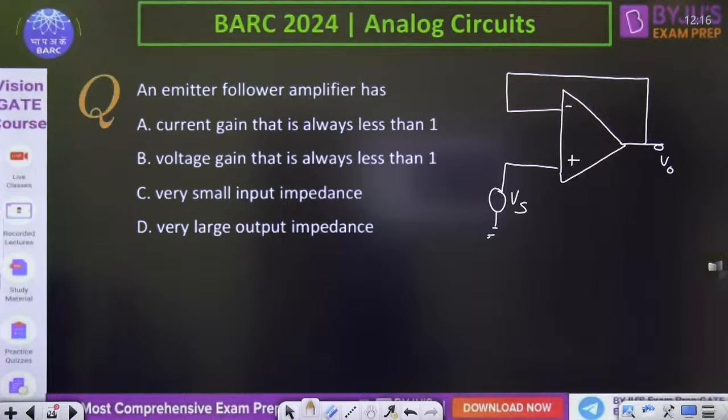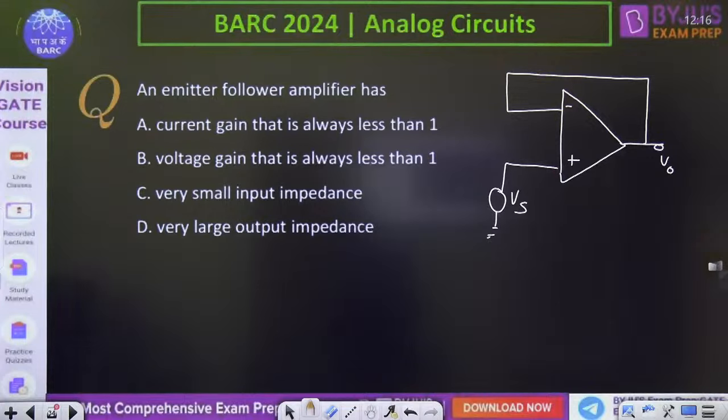Emitter follower: current gain is always less than 1. अब करेंट गेन तो है ही नहीं वहां. वोल्टेज गेन दैट इज ऑलवेज लेस देन 1. यस, वोल्टेज गेन इज लेस देन इक्वल टू 1, नियरली इक्वल टू 1. B is the correct answer. वेरी स्मॉल इनपुट इंपीडेंस